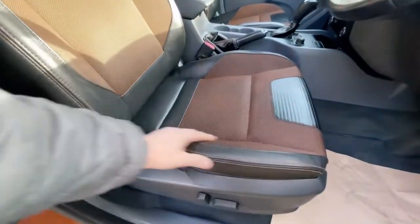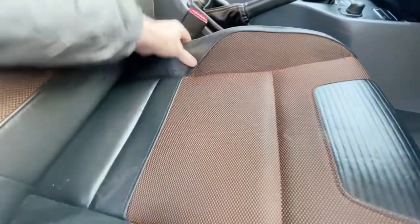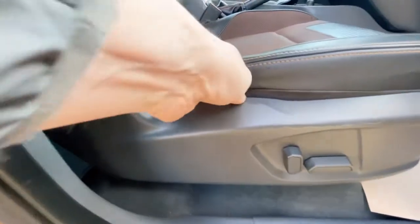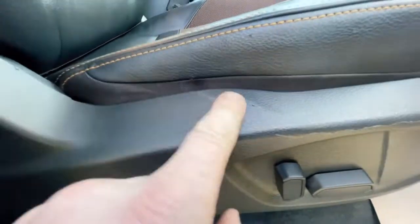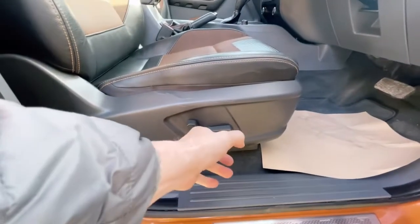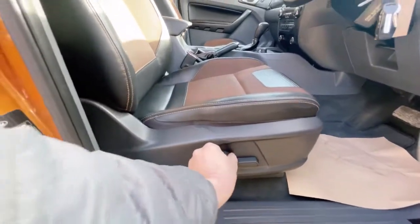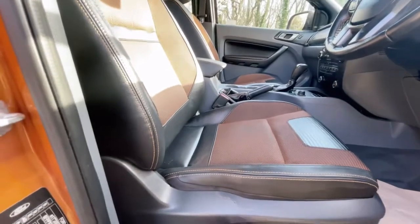Driver's seat is fully electric. Bolsters are in fantastic condition, nice and firm. Material's really nice and clean. I do see this quite a lot, don't even know why to be fair, but this seat is cracked slightly there. And they are replaceable dead easily to be fair. Seat's electric and it works perfectly